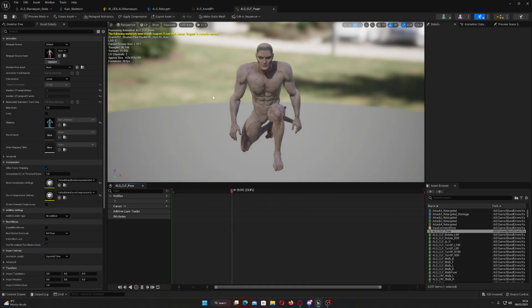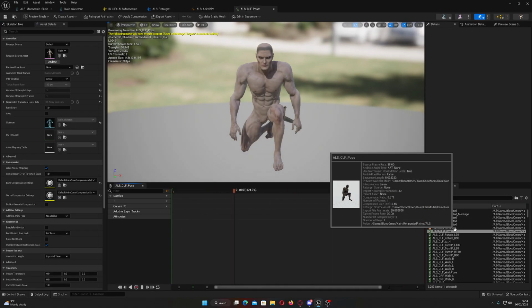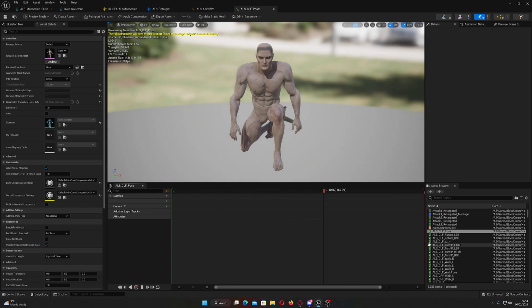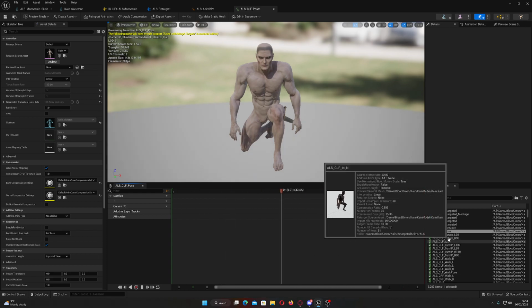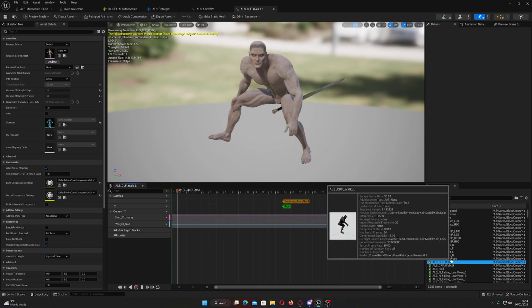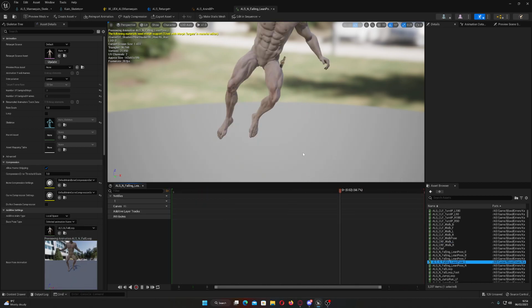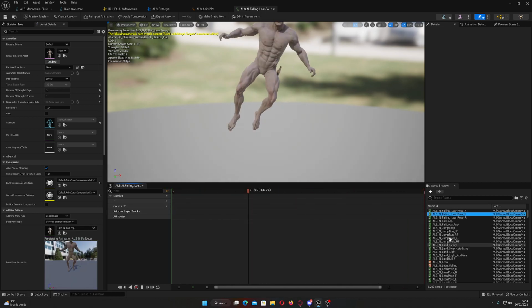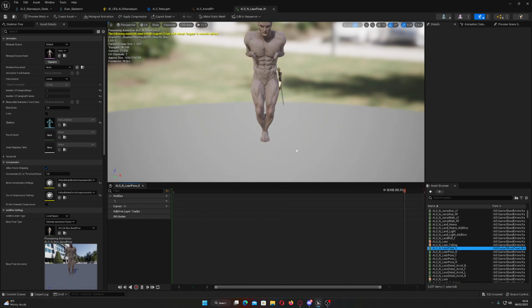So if we open up any one of the animations, any of the ones where we have this little icon here, will be the new ALS ones. Generally, most of them will work fine after the retargeting, but some of them do have this little weird arm issue. The main ones you'll see it on will be all these lean poses. As you can see here,